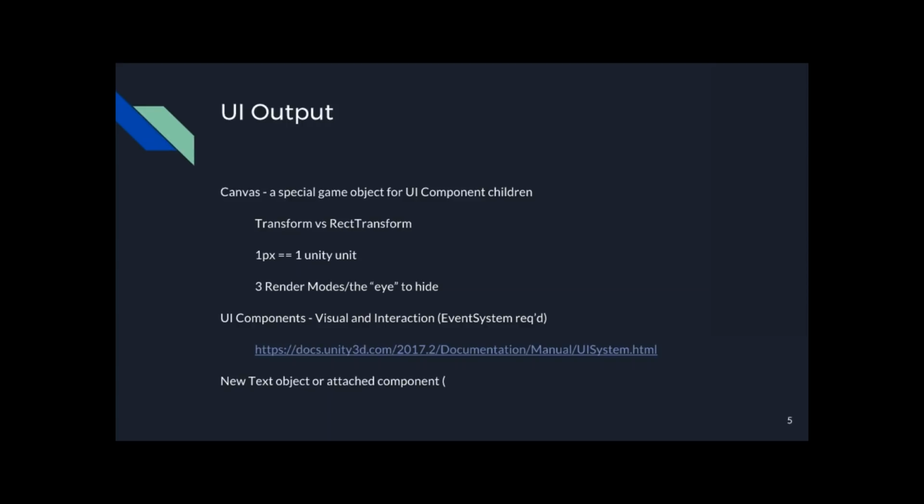So you're going to create a canvas that maintains all of our UI children, but you're also going to notice how that differs, and the children differ from normal game objects, where we're dealing with regular transforms off of the inspector. You're going to be looking at rect transforms,